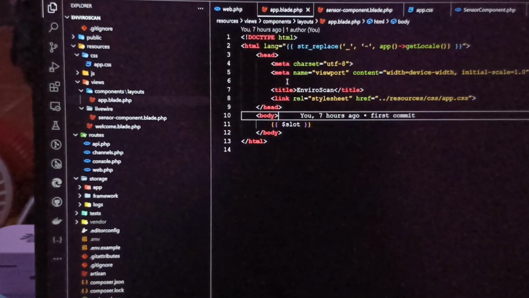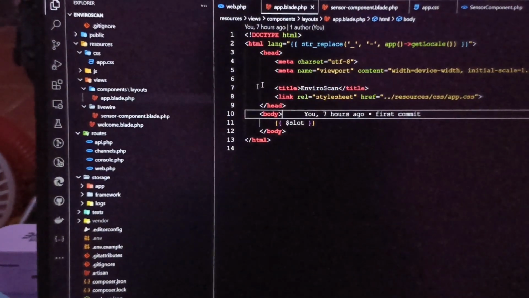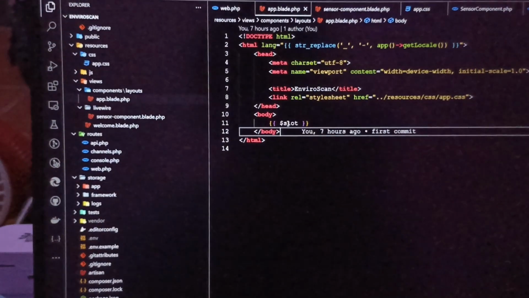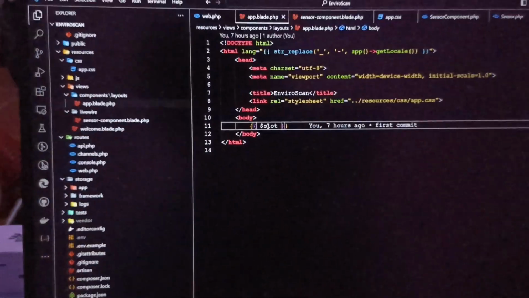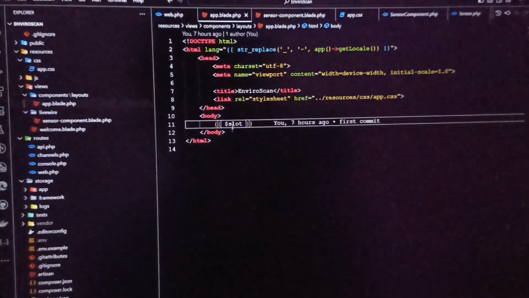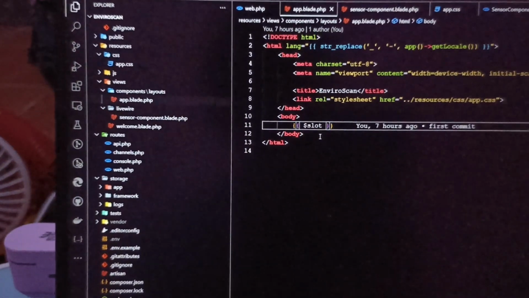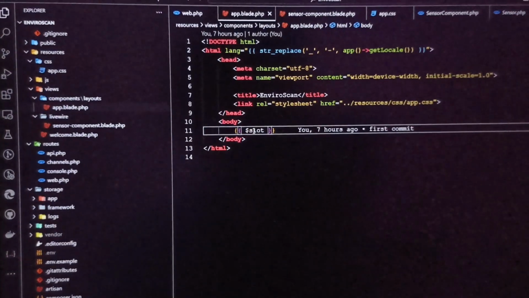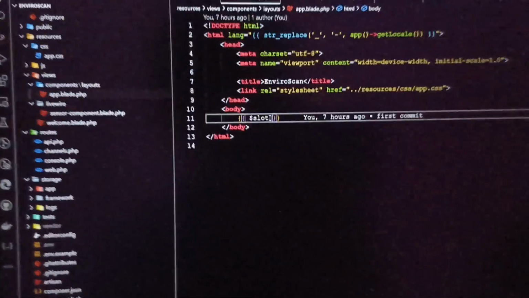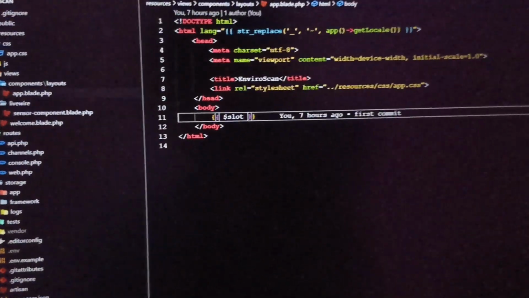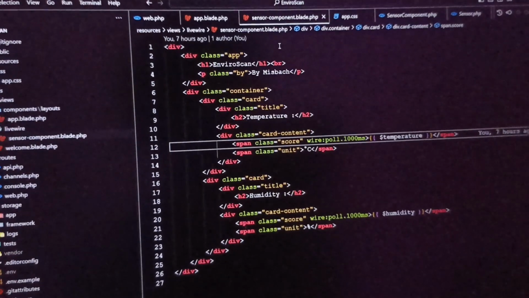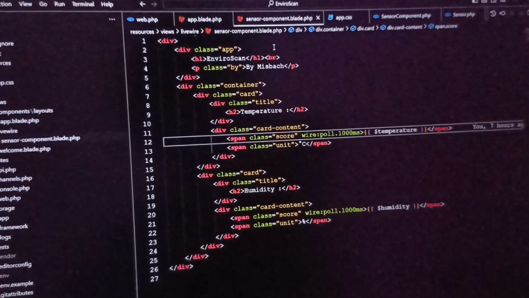This head title is enviroscan. Okay, and this body connects to the variable slot.